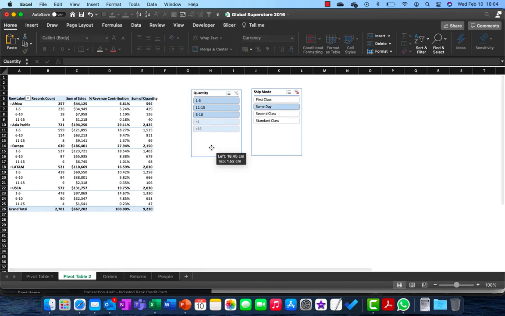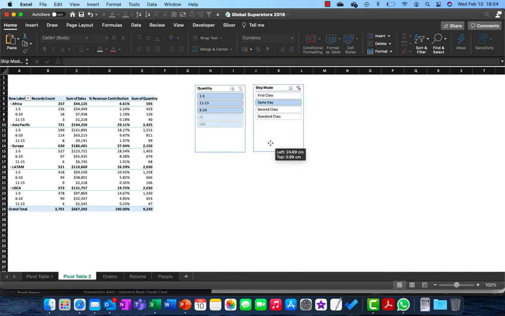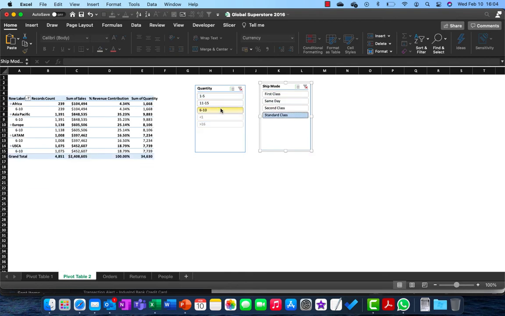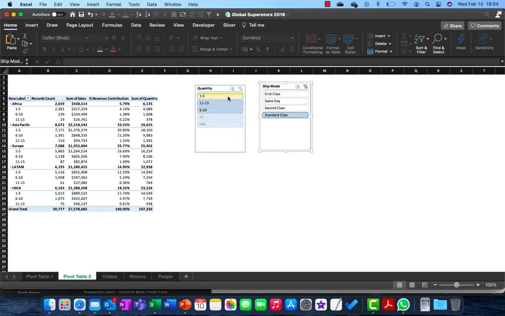So let's now talk about groups, how to create groups when you're grouping a number. We'll talk about how to group, and the grouping works on the date field. In a while. But before that, let's talk about slicers. As you have seen, slicers help create interactivity, and they help to add